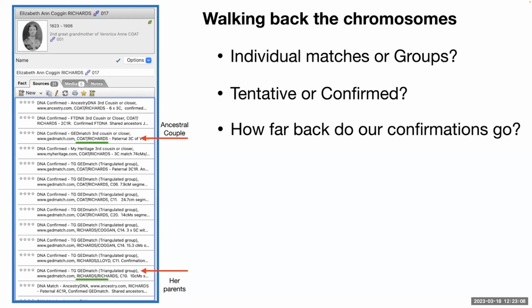But down here, I've got a triangulated group on chromosome 10 going back to Richards, which are her parents. Unfortunately, she's got John Richards married Susanna Richards, but they are 2 different Richards lines, but they're all from the same area, so it can be a bit confusing. But that's good evidence that I can see at that list that I've already confirmed a match back to